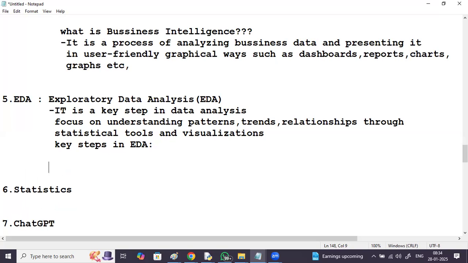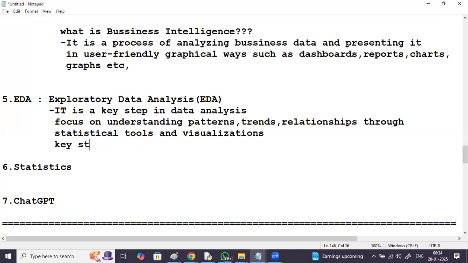Here you have got univariate, bivariate, and multivariate analysis. I don't want to go into technicals as of now, but it involves reading data sets, checking for any duplications, missing values, and analyzing the data sets, right? Yes.